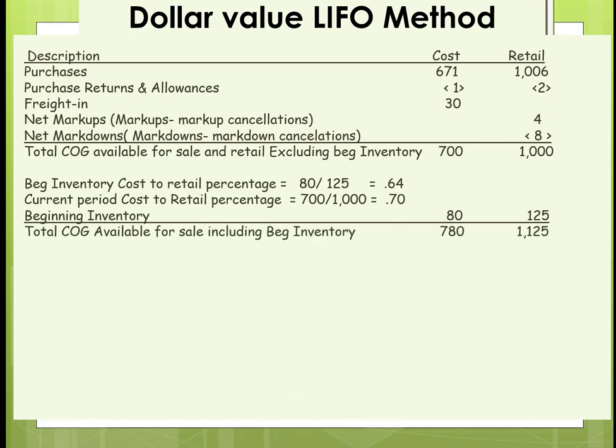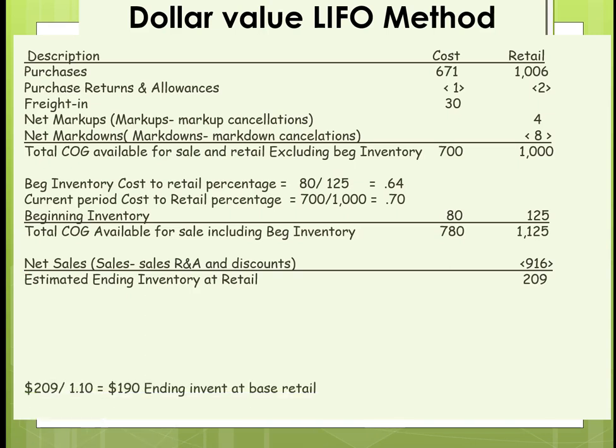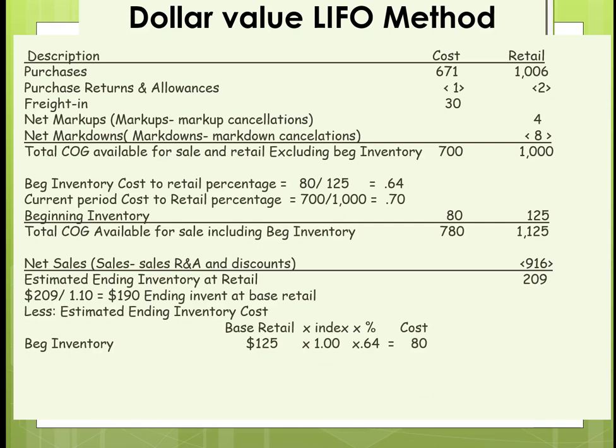Now we have our total cost of goods available for sale, including beginning inventory. We're going to subtract our net sales. And we're going to get our estimated ending inventory at retail, which is our 209. Now we're going to take the 209 and divide by 1.1, which equals 190, the ending inventory at base retail. So now we're going to take our beginning inventory of 125 at retail times an index of 1 times our 64%,